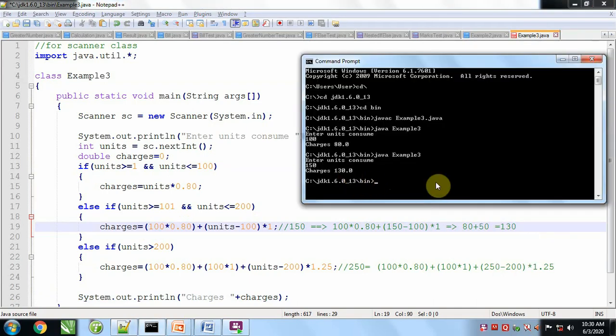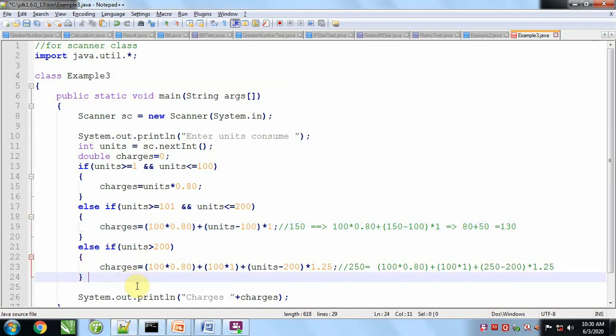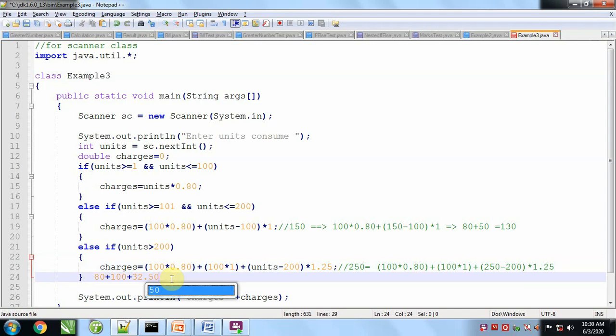So this is the result. In the third case, if we enter 250 units, then charges will be like this. We can calculate here. For the first 100 units into 0.80, it will be 80 rupees. Next 100 into 1, it will be 100 rupees, and 250 minus 200 leaves 50, and 50 multiplied by 1.25 will be 62 rupees 50 paisa.